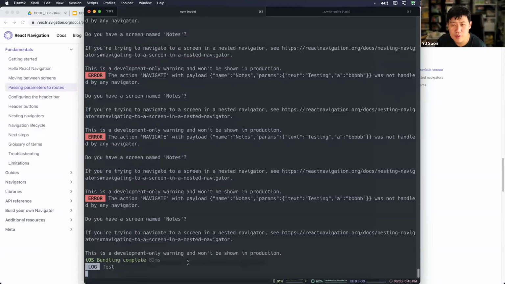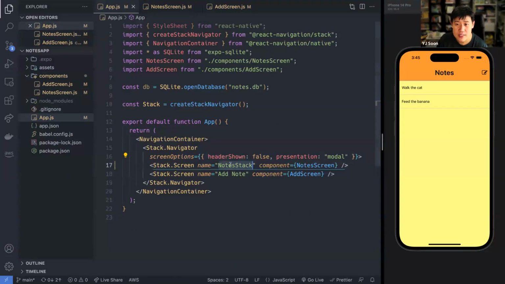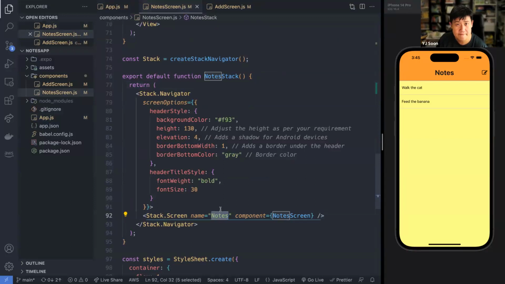But oh, sorry, no, that was previously. So after the bundling completed, it worked. Let's try one more time. Okay, so everything was fine. I think it was simply because I very unfortunately forgot to change it to note stack, and it was trying to navigate back to that rather than to this notes. Well, live and learn, right?